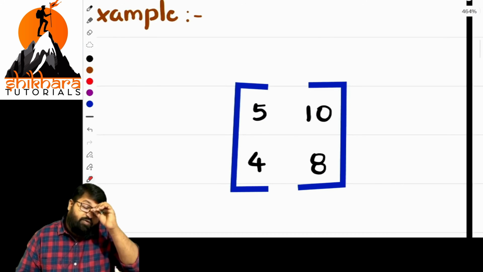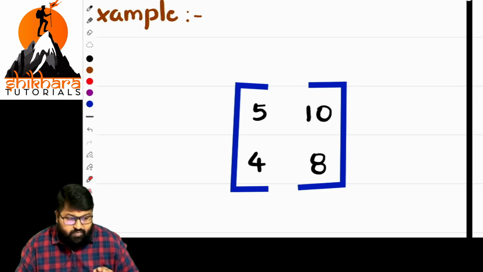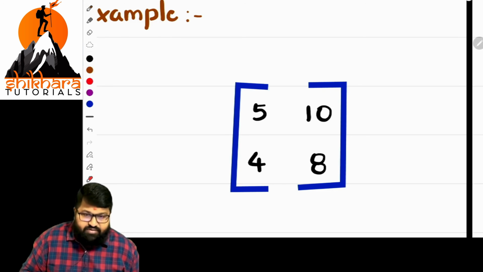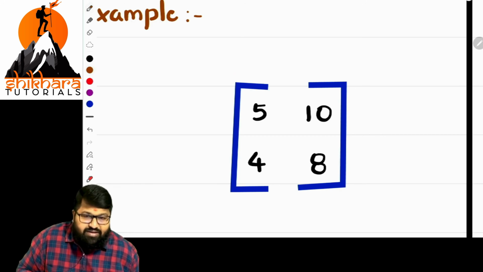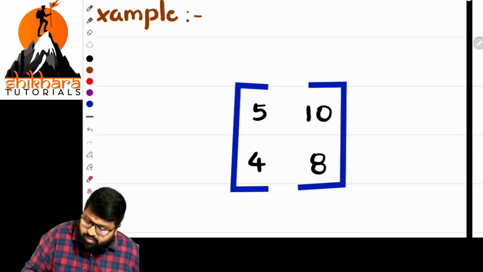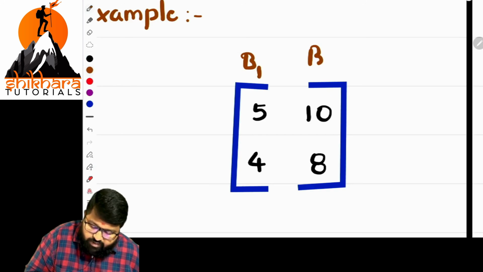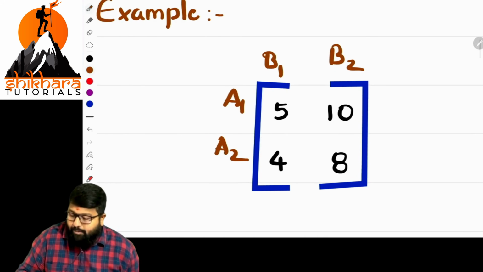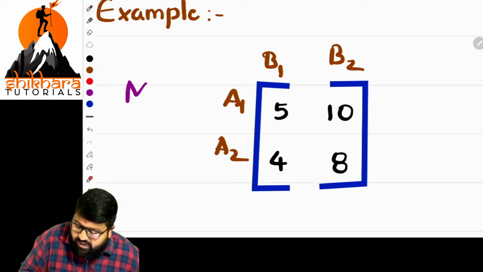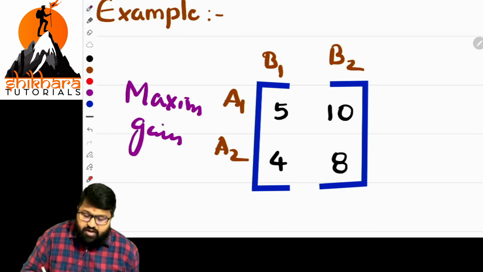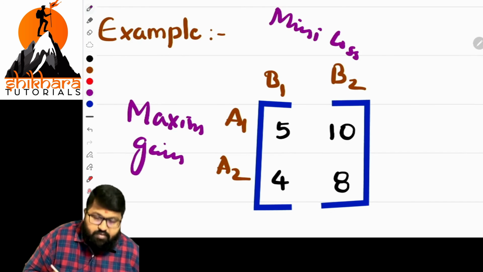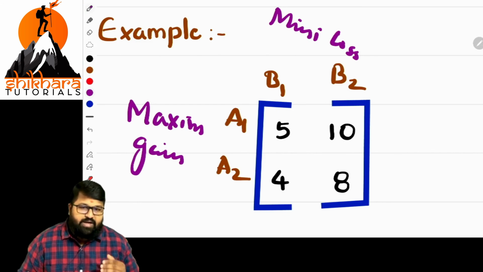So how do we find the pure strategy in the case of a problem? First, they will give a matrix. We represent the matrix in table format, and here the basic rule is that these are B1, B2, A1, A2, and the rows represent maximizing gain. And what about our column part? Minimizing loss. You should write it perfectly, but for our sake, I'm writing in a simple manner.